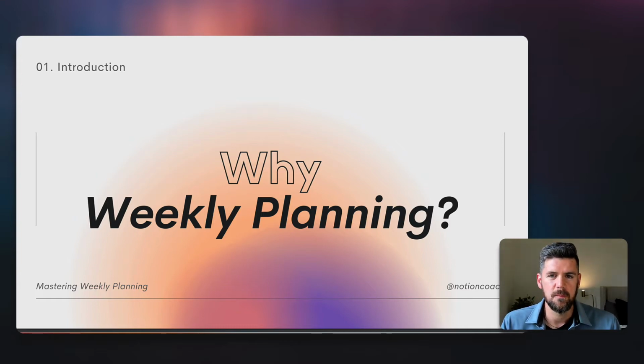We're getting into completing tasks and making sure that we're making progress across multiple projects. If we compare this to daily planning, for example, it's a lot easier to get into a routine where you've got set times of the day where you're performing certain habits, like at this time in the morning I'm planning the day, and at this time in the evening I'm doing a quick reflection.